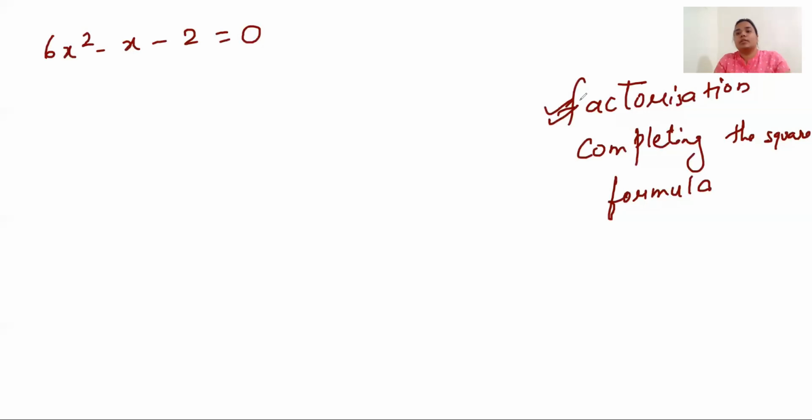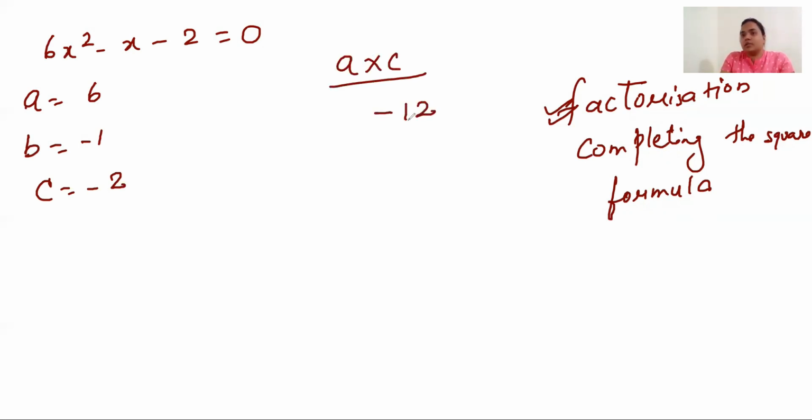In this exercise, we'll be doing the factorization method. We have done this already in the 8th standard also. We just have to factorize the equation. We will get two values. Normally, we use mid-term splitting. In factorization, generally we use mid-term splitting. That is very easy. In this case, A is x, B is -1, and C is -2. So first we take the product of A and C.